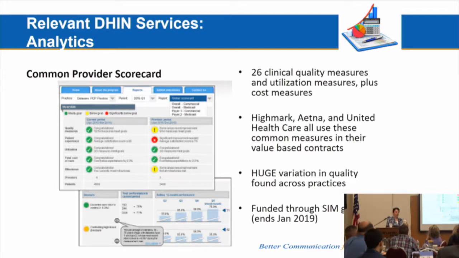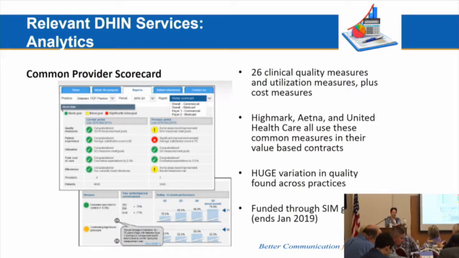Right now, the cost of this is being borne by the State Innovation Model Grant. I frankly don't know what will happen when that grant ends, because it will really depend on whether anybody finds enough value in this tool that they will pay what it will cost to allow DHIN to keep providing it. We're also starting to think about whether this might morph in some slightly different directions, because